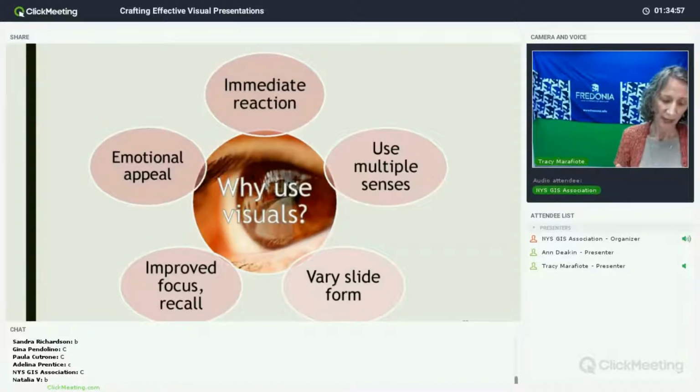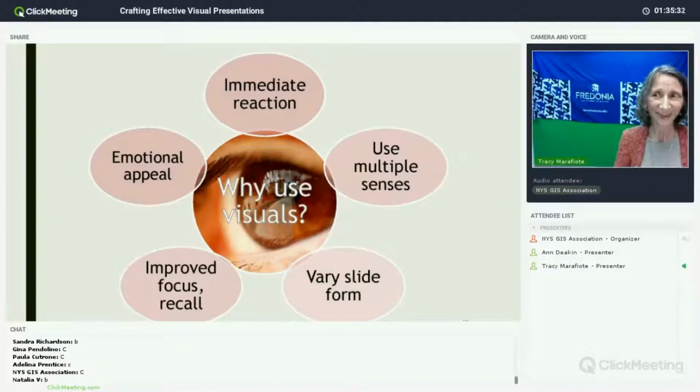Next, they provide variation in your slide format. This is going to increase audience engagement and interest because you don't want to have the same format slide time after time. We want to have a little bit of variation. Next, they help your audience to focus on the key concepts. Right, because of some of the previous things that we talked about, reinforcing that information, reinforcing the idea that this is something that is important enough that I have an image of it, something that I want you to take a look at. Again, this helps people to remember the key information that you want to present to them.